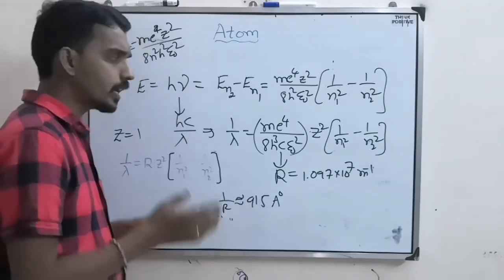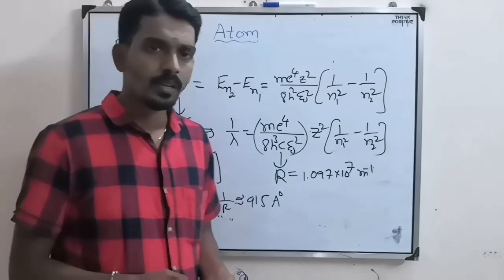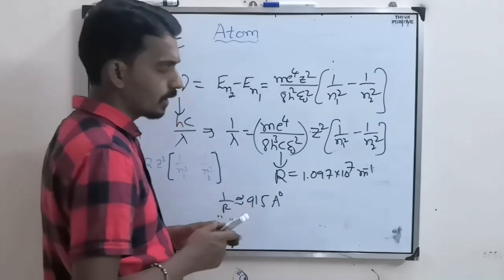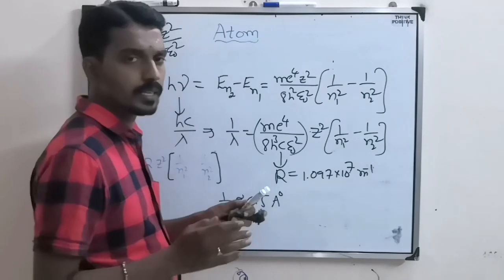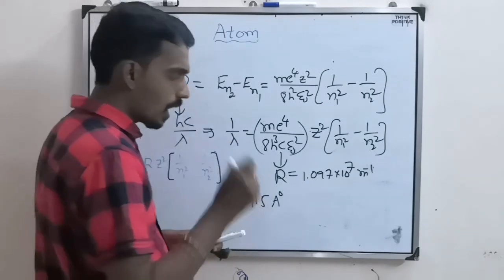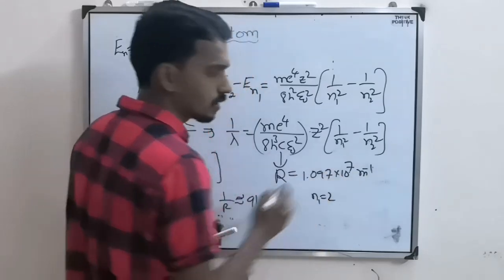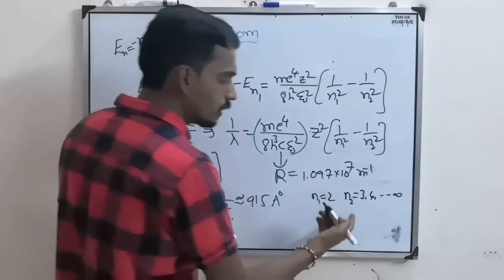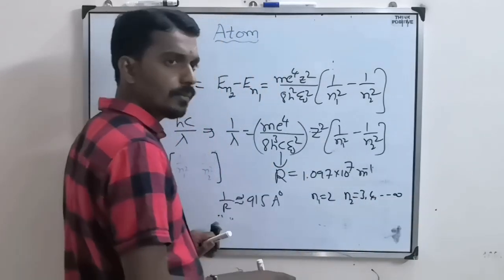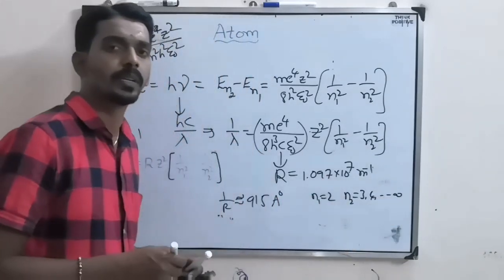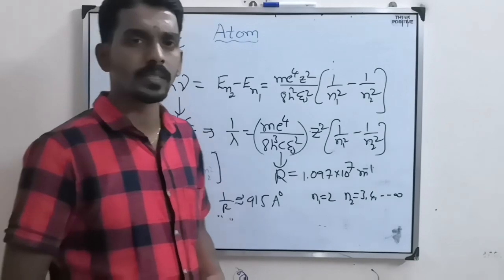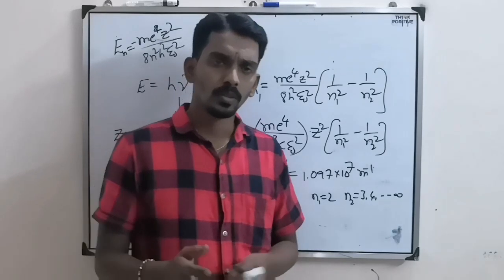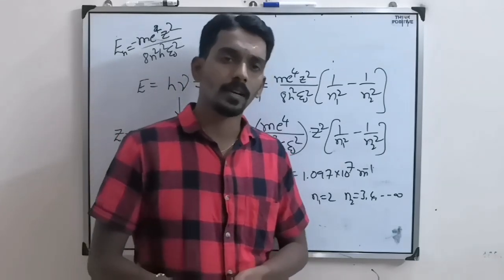So this way the questions can be asked based on any series, based on maximum or minimum wavelength. Suppose one example I will tell you: Balmer series maximum wavelength. First, Balmer series means n1 is 2 fixed, n2 can be 3, 4 up to infinity. So maximum wavelength means n2 minimum, 3, and minimum wavelength means n2 maximum, that is infinity. So this way we need to understand. They can ask anything like that, and you can solve the questions. So this is how the questions will come based on atoms.